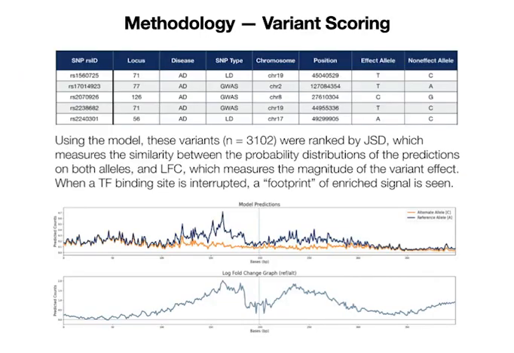Next, to score GWAS AD variants, I calculated the Jensen-Shannon divergence, or JSD, and log-fold change, or LFC metrics, to rank the variants based on the largest variant effect, which is the model's predictive difference between both alleles of a variant. The JSD score represents the difference in shape between the predicted profiles, while the LFC calculates the difference in the total counts.